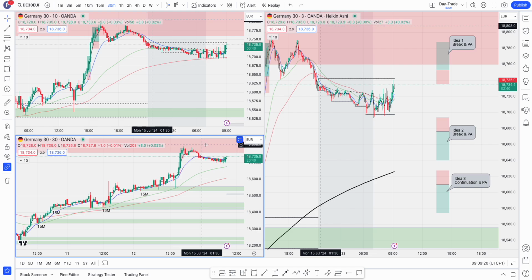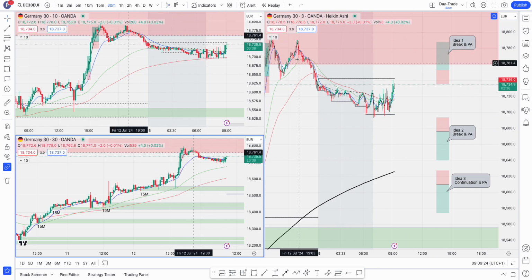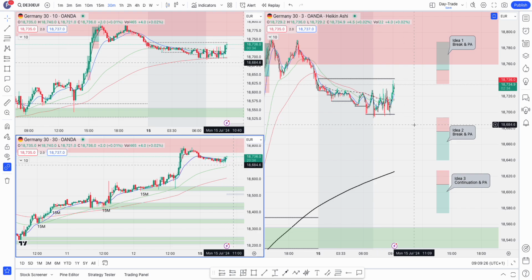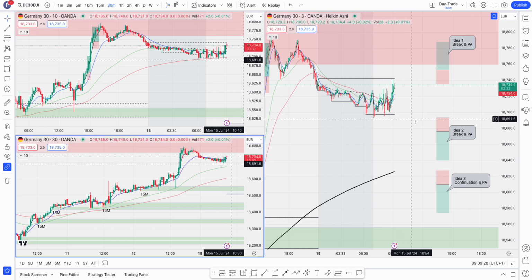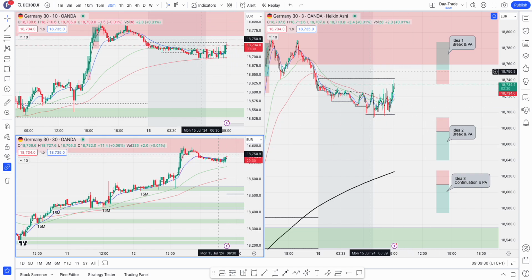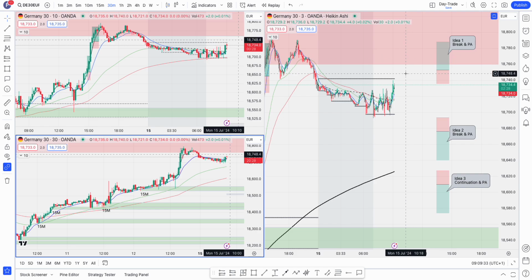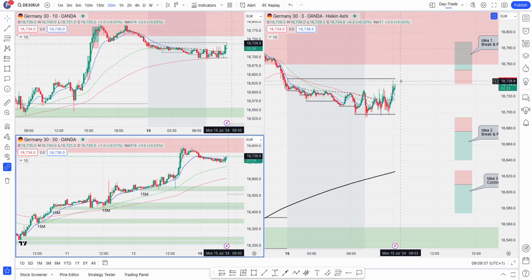So we started testing this zone, and it seems like the price is sort of consolidating below it. So the probability of breaking this zone today might not be that great, but if we break Asian range